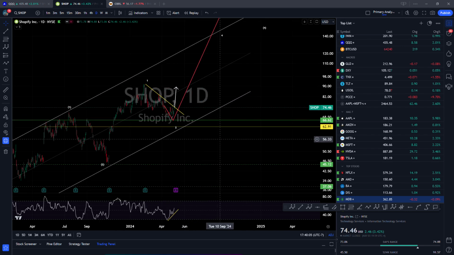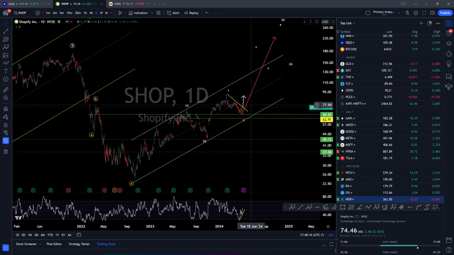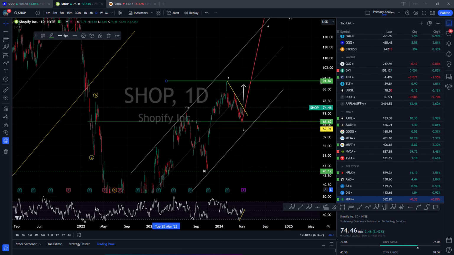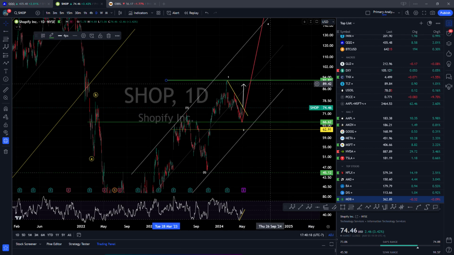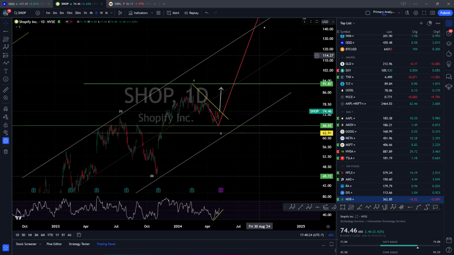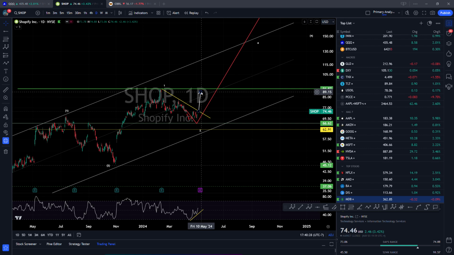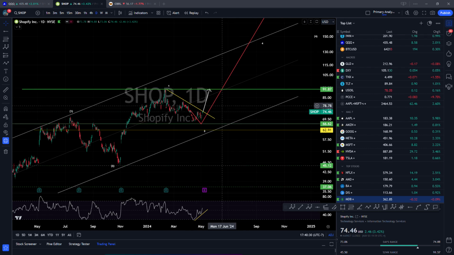And is it going to really go that high? We don't know yet. We'll see. We'll track one by one as it progresses. But the first target is let's just go and close this gap that we have, right? And make a test of those highs. We start growing up from there, yeah, we are in a wave three, right? We'll get to know. But I think Shop and Baba are good to go long, as early as tomorrow.